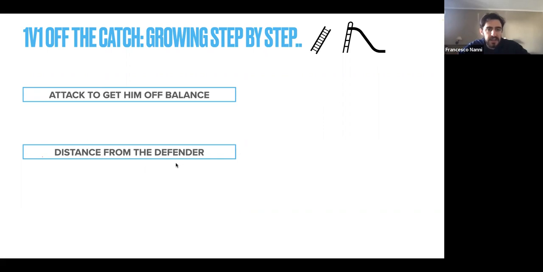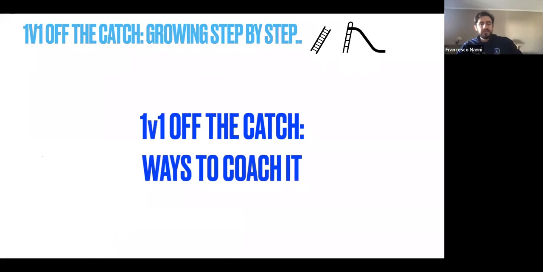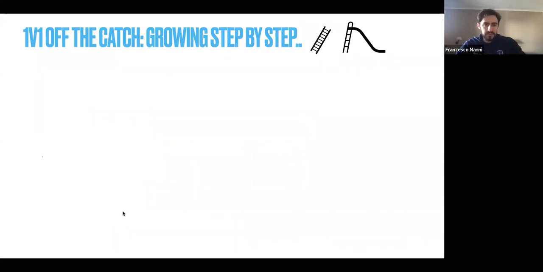So this is something that is worth practicing with a player, to learn how to see the distance between a close defender and a far away defender. And this, we're going to speak about it later, is recognizing the situation in the game. Meaning that I'm driving to my left,